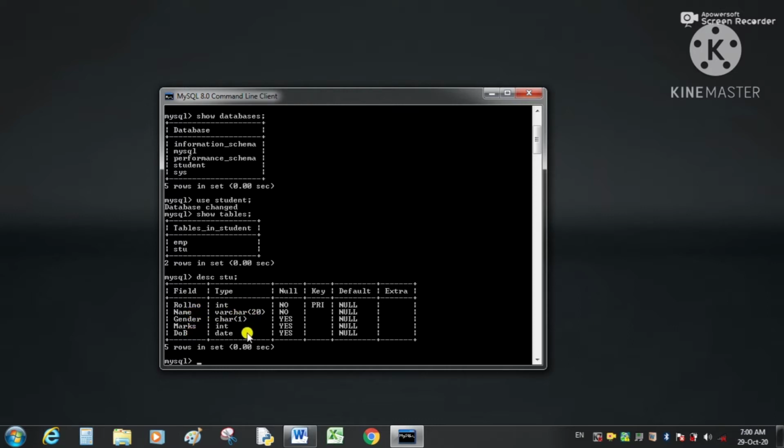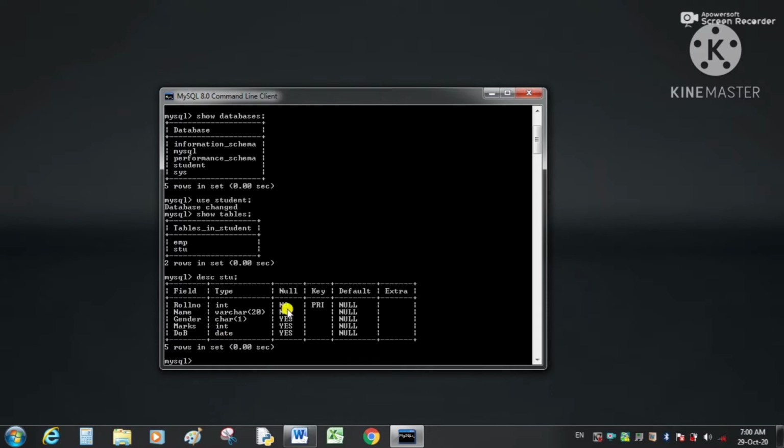These are their data types. Roll number is integer, name is a variable character, meaning string value, up to length 20. Gender is a character value of one character. Marks is integer, and date of birth is a date in the format of year, month and day.